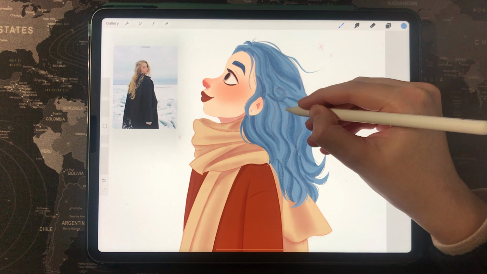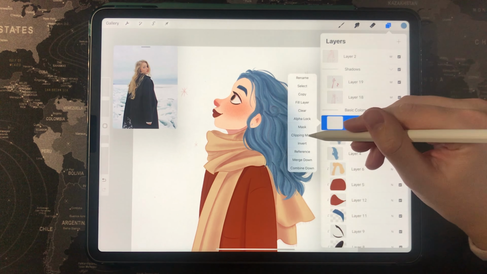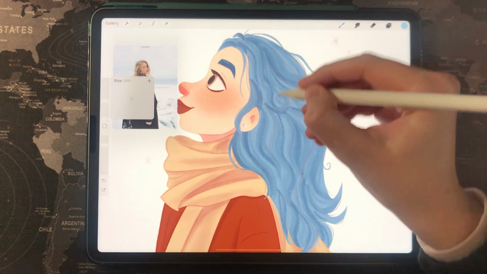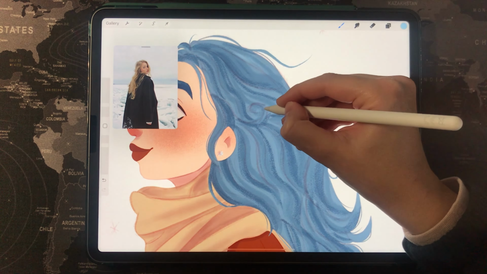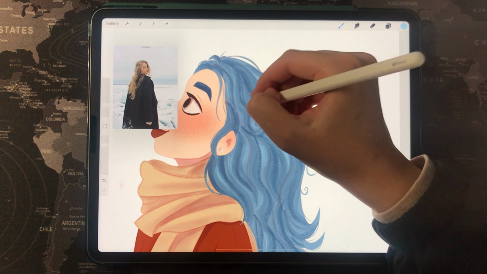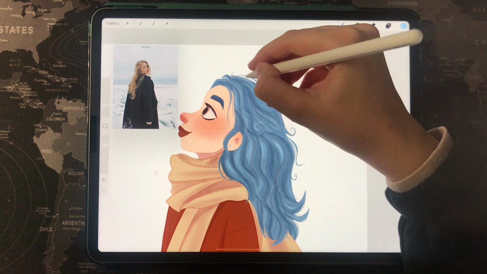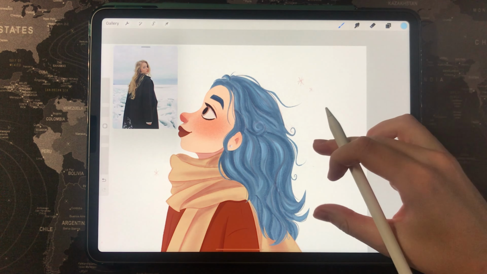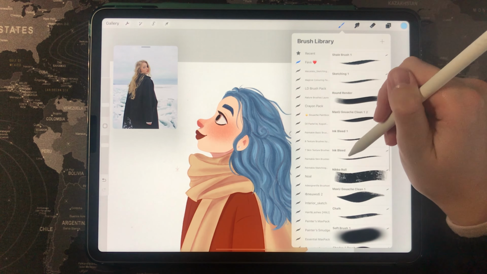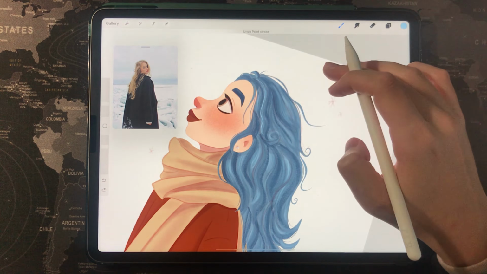So I create hair on a separate layer and I add clipping masks and refine the hair. Usually it takes the longest for me and I have to create a lot of layers for the hair. So first I add dark parts of the hair. So when the dark hair strands are done, I move on to the lights and I start with the hair.